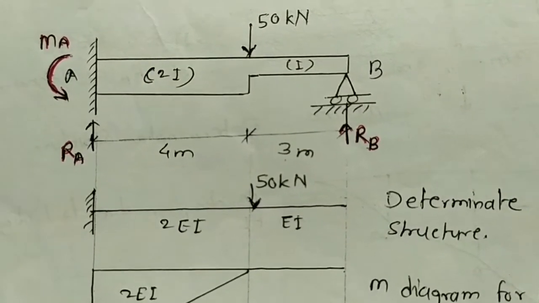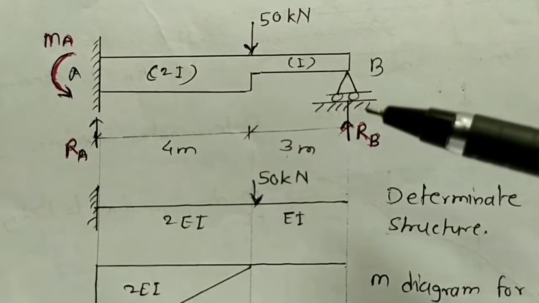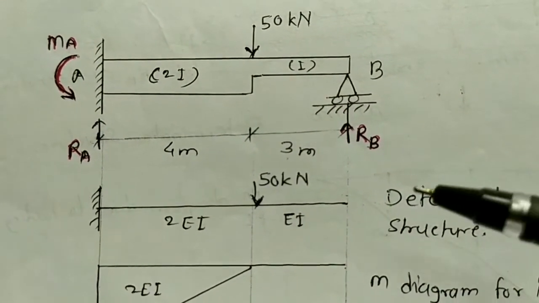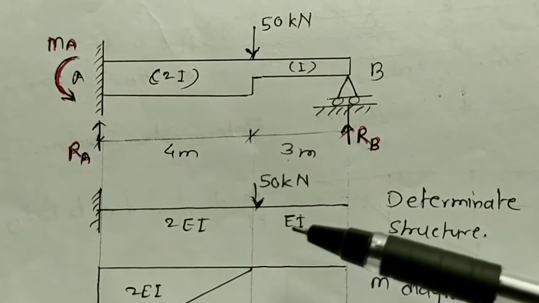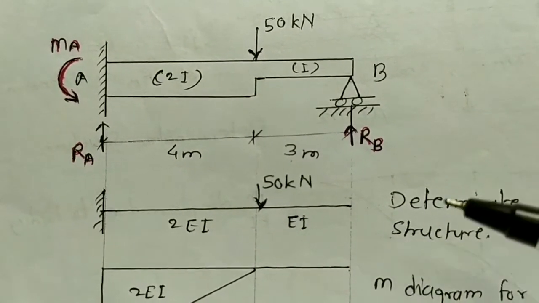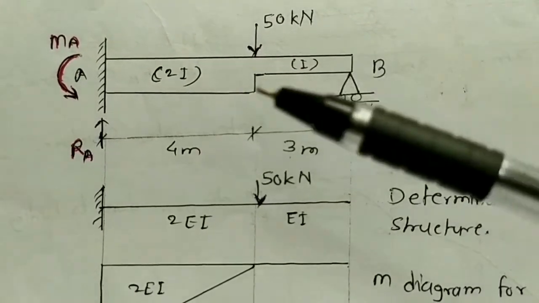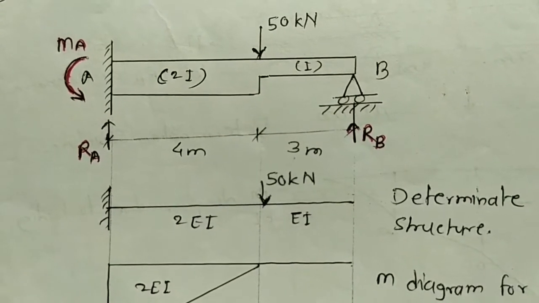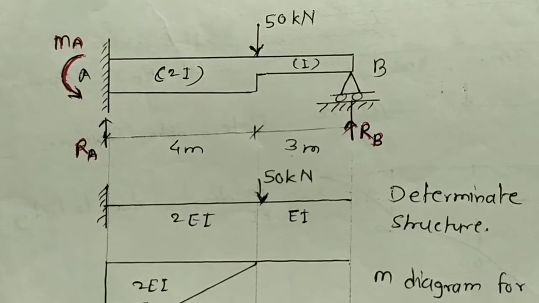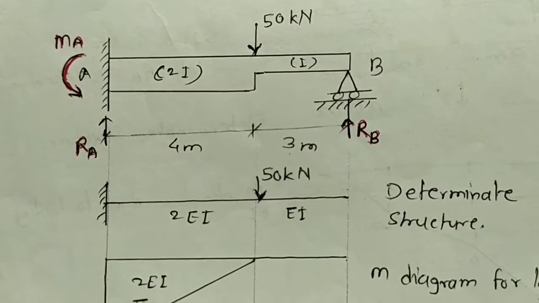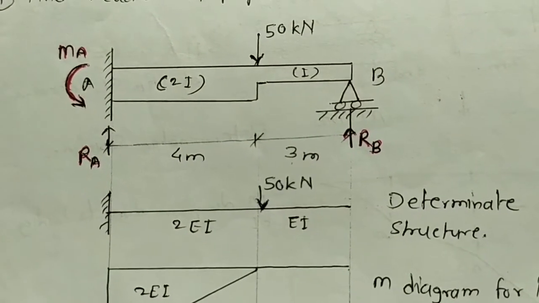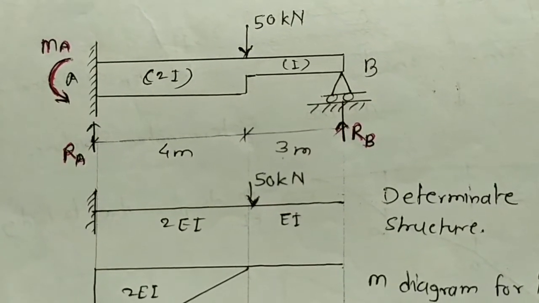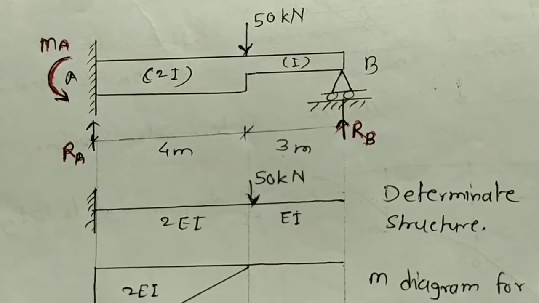Just here we are taking RB as unknown because by taking RB as unknown, we are going to remove this RB. Because of removal of RB, we are getting a determinate structure. This cantilever beam is a determinate type of structure. We can also make the structure determinate by taking MA as unknown. If you take MA as unknown, then there will be only generation of reactions RA and RB, that is, we are getting a simply supported beam. You can make the structure simply supported or a cantilever beam. Just you have to make the structure a determinate type of structure.